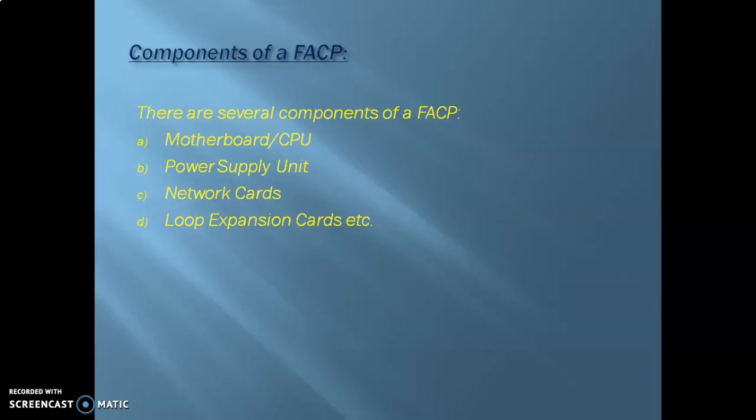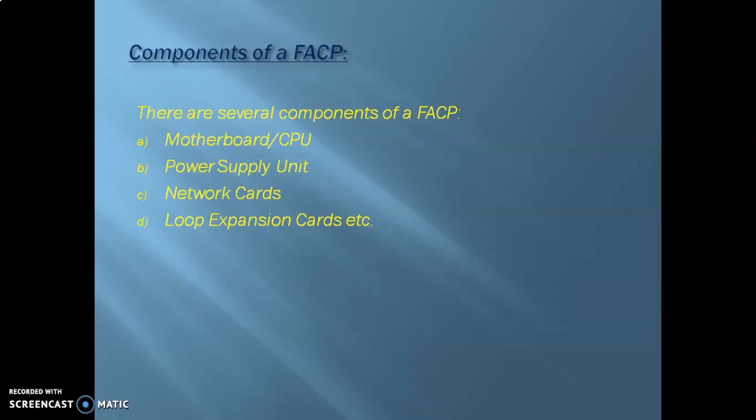You could have a master FACP that is placed in one particular building, let's say an administrative building, and then you have another fire alarm system placed in a smaller building, let's say a control building, and these two can be interconnected using the network cards. The main control panel in the administrative building can now monitor the signals and alarms of the slave fire alarm system in the control building, thereby forming a network. Now the mediums can either be fiber optic cables or just copper cables, depending on the project requirements.